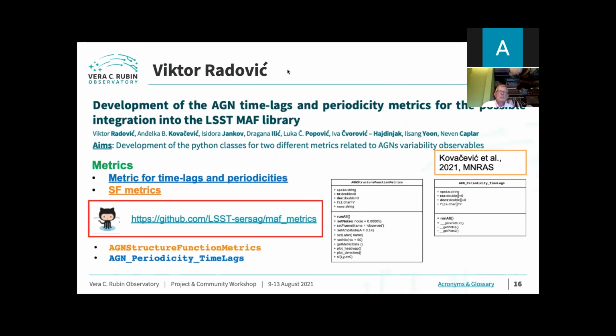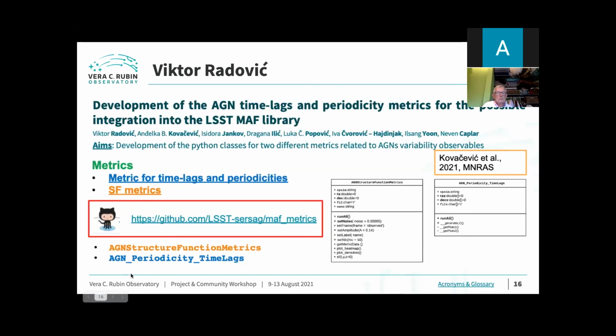2021. We developed tools that incorporate two metrics, so one for unified time lags and periodicities, and the other one based on the structure function. For any input OPSIM cadence, our tools can simulate artificially generated AGN light curves. Our methods and class and the empirical relations used to generate these artificial curves. For each of these generated light curves, we calculate time lags, periodicities, and statistical measures. And then each heterogeneous mock LSST light curve is turned into vectors in the parameter space, which are then subjected